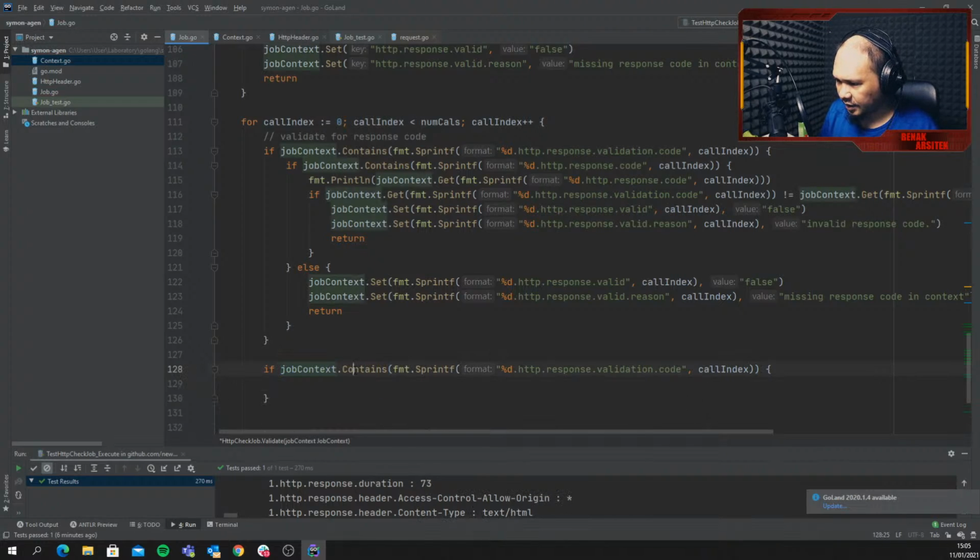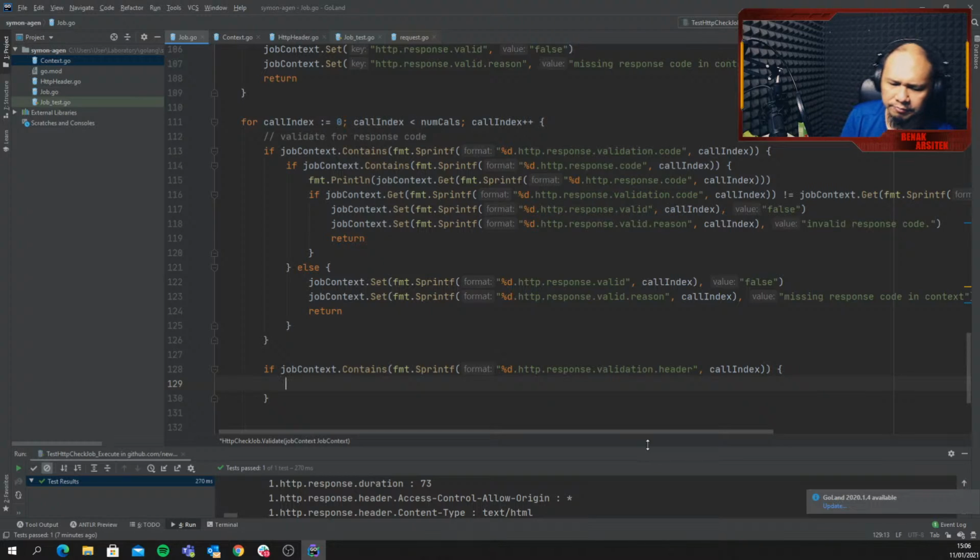From the context, check if it contains that this call should have header validation. Validation header, but this could make things become complex, because we need to validate if a header should contain